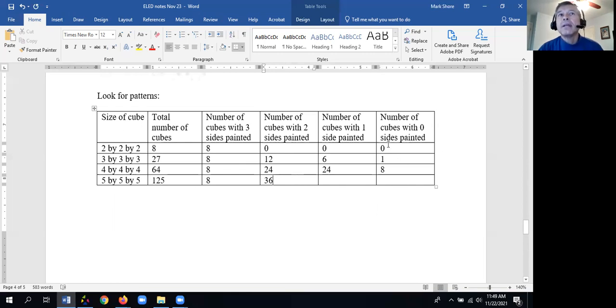Let's go to this number with 0 cubes painted. Here is 1, here is 8. There's something special about 1 and 8. 1 is equal to 1 raised to the 3rd power. 1 times 1 times 1 is 1. 8 is equal to 2 to the 3rd power. So a guess might be that the number of inner blocks that have 0 sides painted would be 2 to